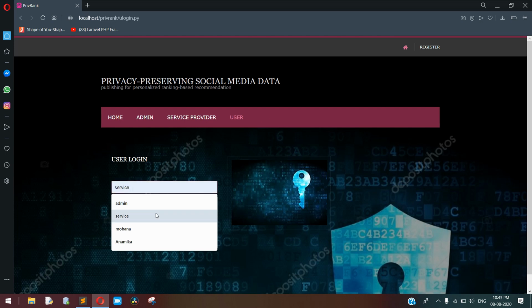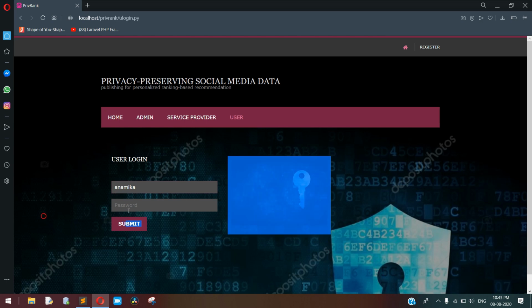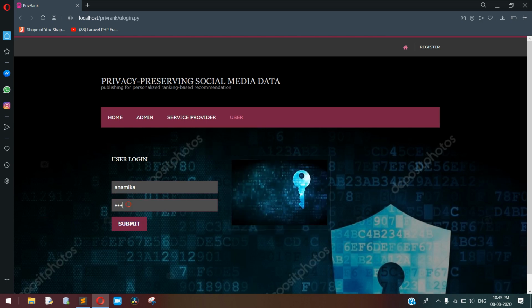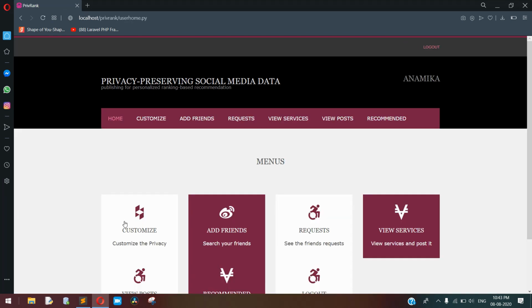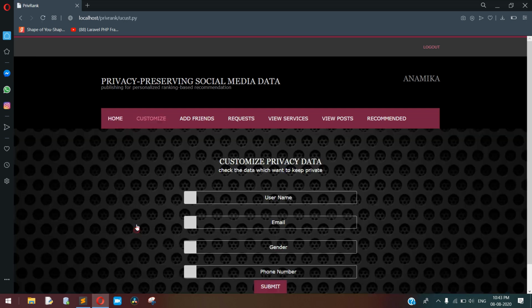After registering, the user can log in. So here I'm using the same person, Anamika, and the password. Okay, this is the user's page. The user can customize their credentials.